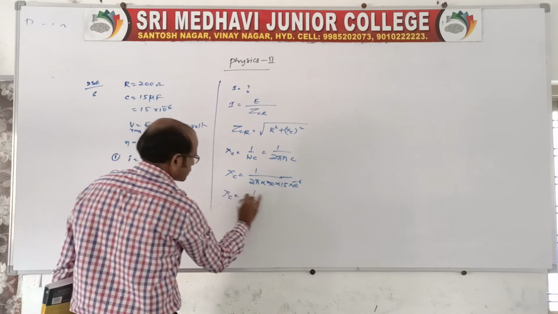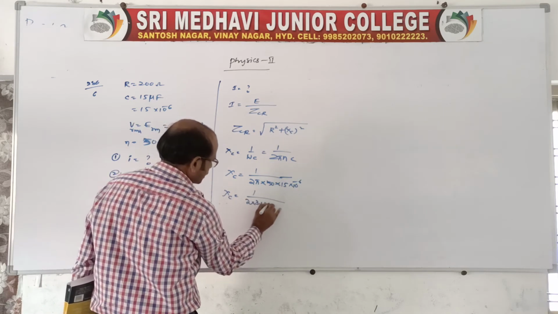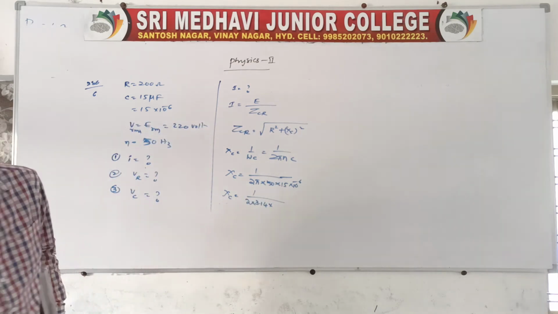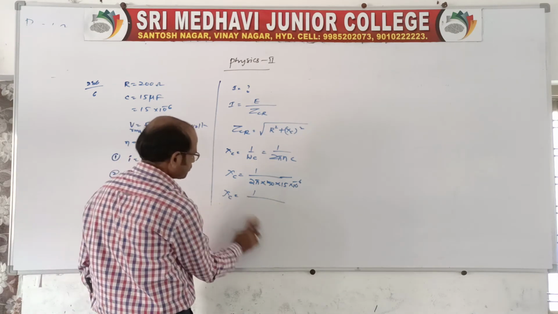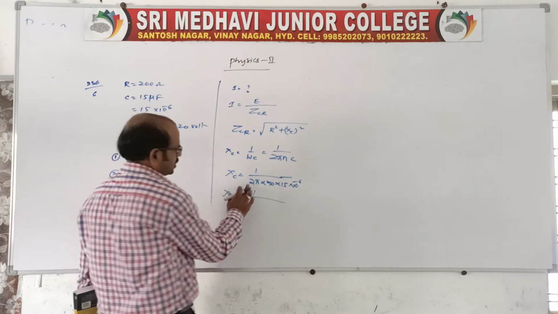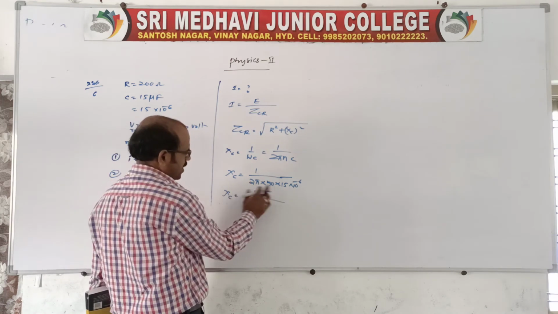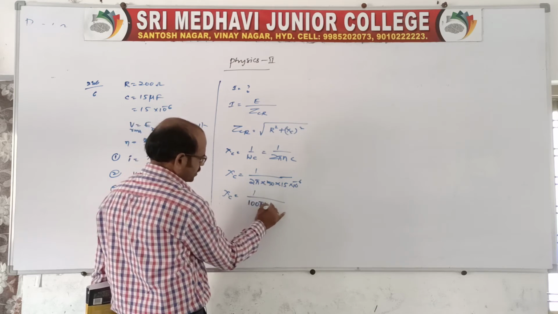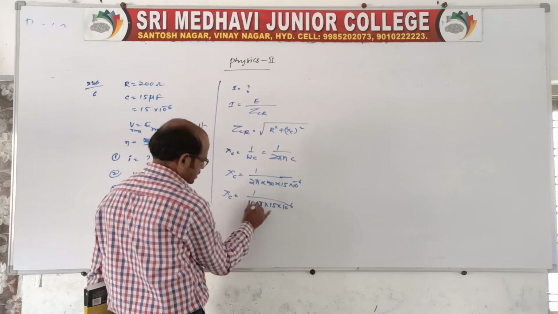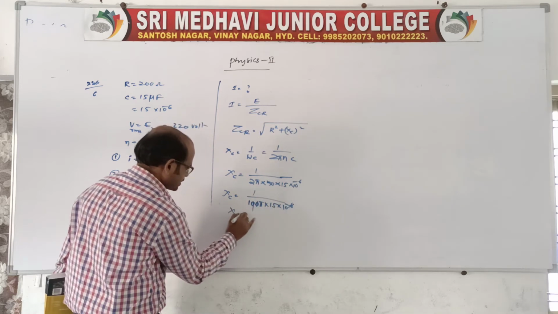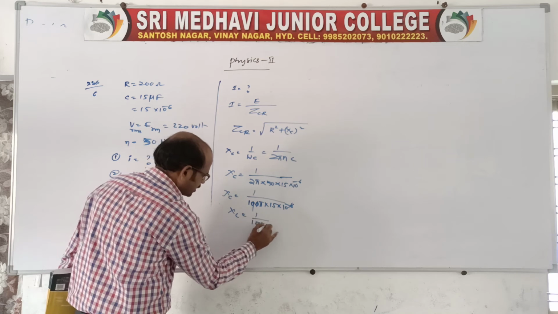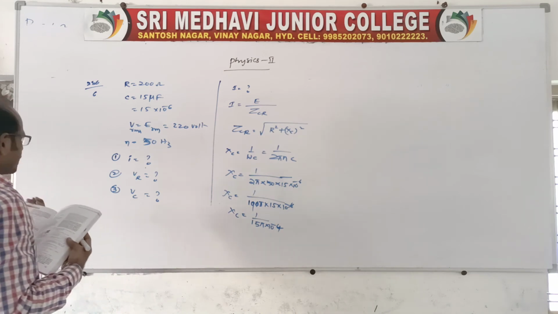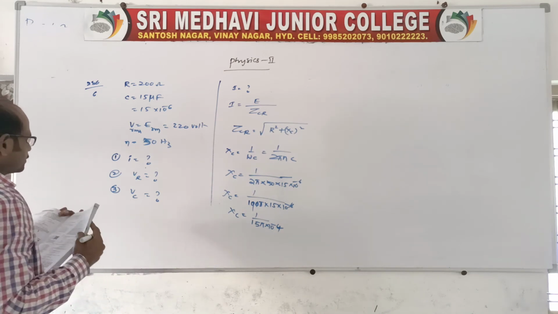So XC is equal to 2 into 3.14 into 50, one zero is cancelled, so that is 100, and you can also cancel 100. After simplifying, this will be 100, no? Right, this will be 100. So 100 pi into 15 into 10 power minus 6. From this you cancel 2 zeros, then XC is equal to 1 by 15 pi into 10 power minus 4. Now XC we may get approximately.